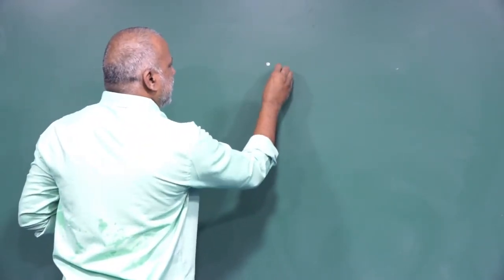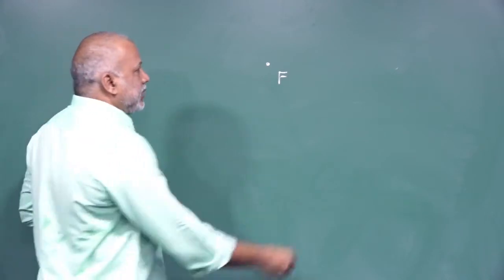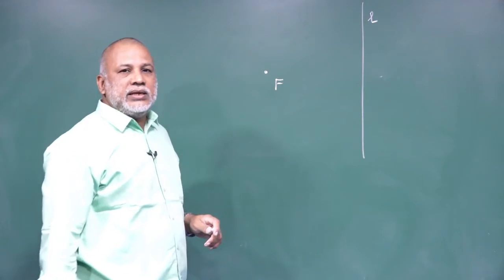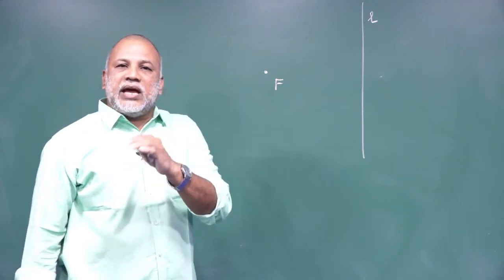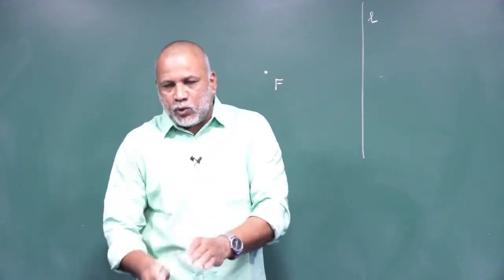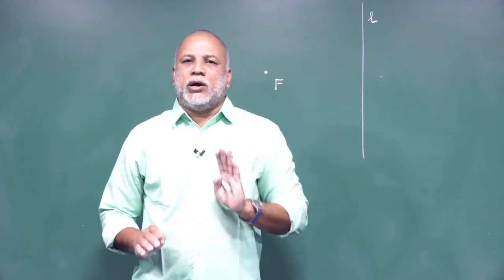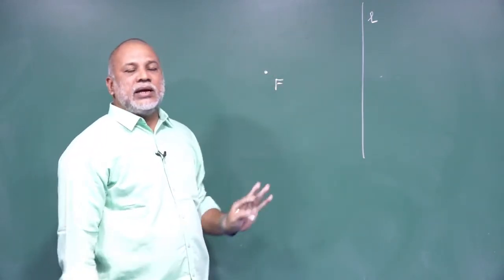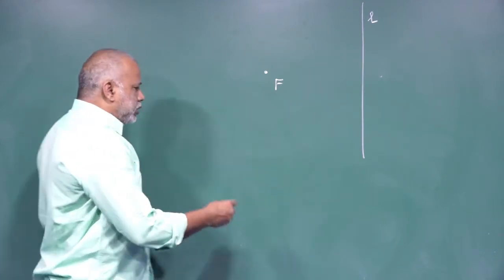First I am taking F as the focus, L as the directrix. E less than 1 is the eccentricity we are going to use when we are working out the problems. Now I am going to draw